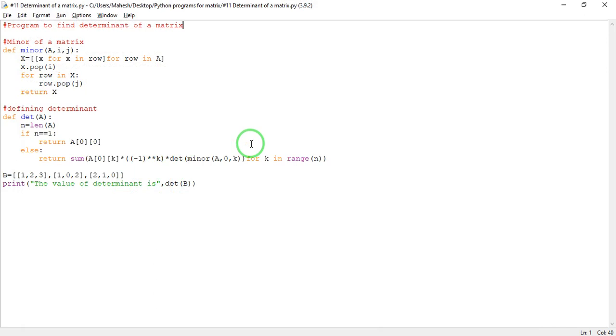In the coming video, we will write a program to get the inverse of a matrix. We will see if we need any definitions, any adjoint. Of course, to find the inverse, we need the adjoint. So we will see whether we have to write a program for finding the adjoint first and then finding the inverse, or we can put them together. That we will see in the next video.